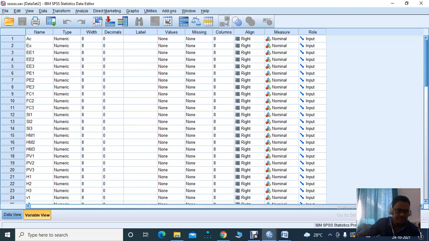I have effort expectancy 1, effort expectancy 2, and effort expectancy 3. When we do any analysis, the mean score of these has to be taken because we use items to measure a particular construct. So these are the items measuring effort expectancy. This is actually not needed in multiple linear regression. However, in structural equation modeling, this is very crucial. This is important.